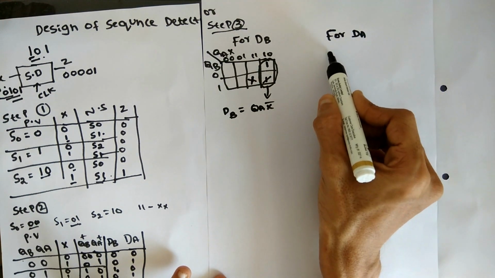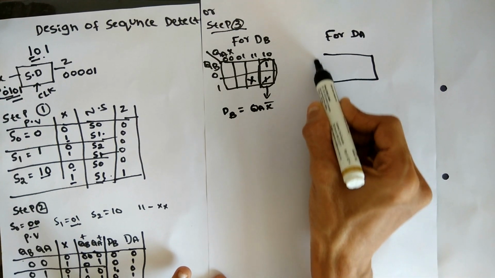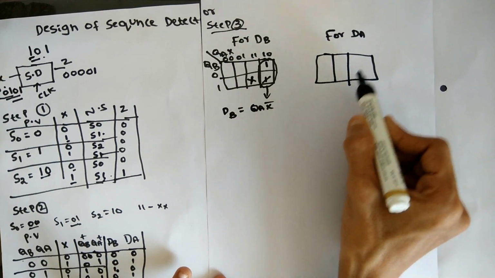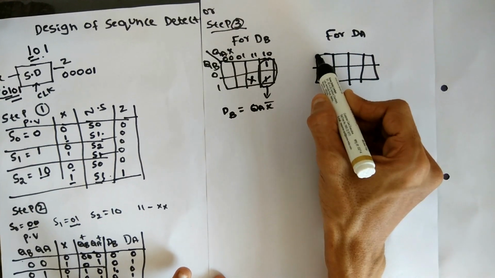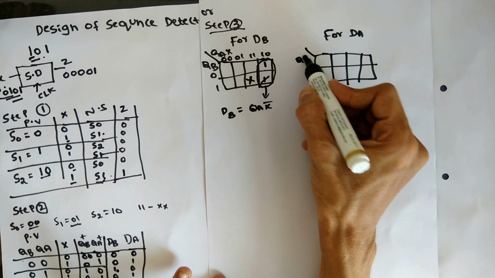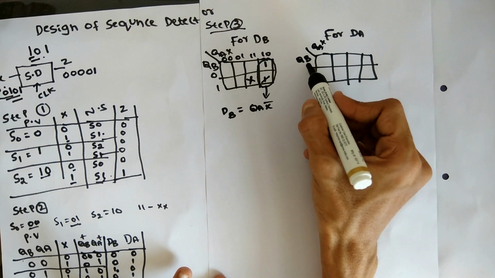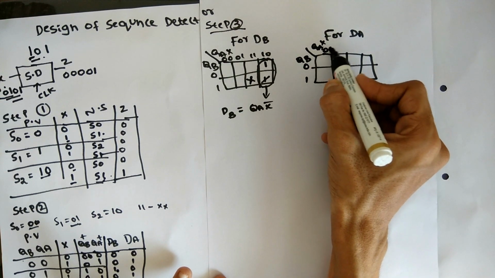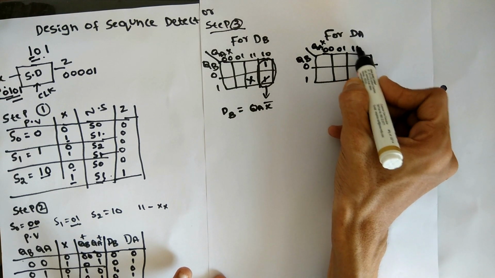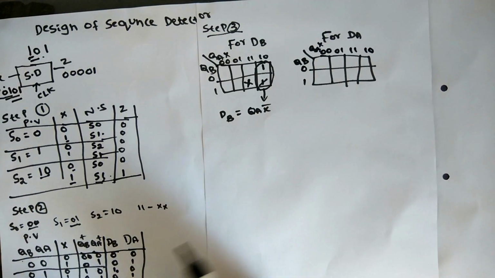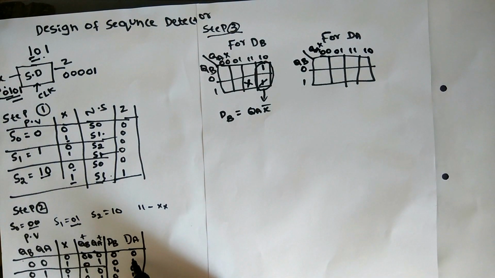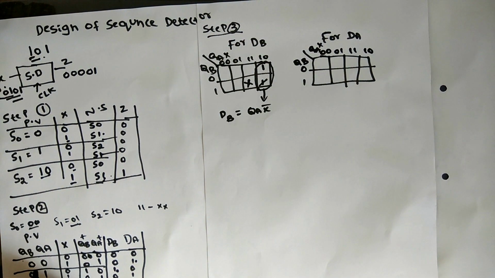So for DA also, we can copy down the previous state that we had done. In this state, again the 3 variables: first we take, as it is, the previous QB, then QA and X. Here, as it is 0 1, fill in the numbers 0 0 0 1 1 1 1 0. So in the DA, check where it is 1, at the condition of 0 0